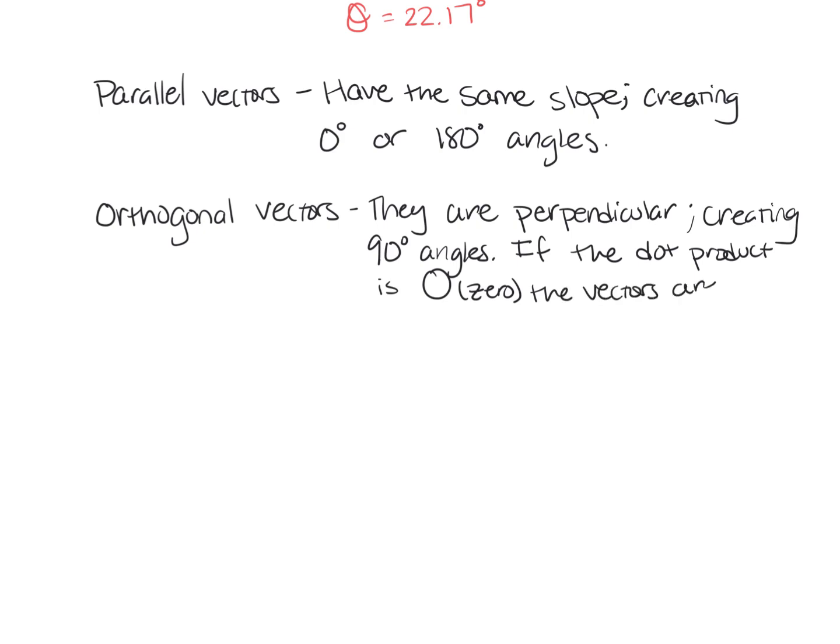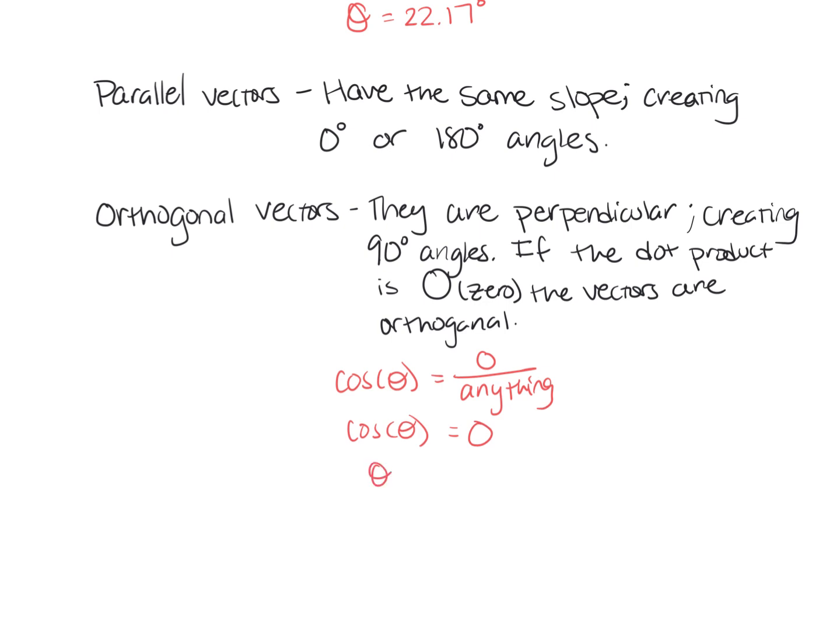the vectors are orthogonal. That's because when we're trying to find our angles and we need to use cosine inverse, 0 divided by anything is just 0. So if we have cosine of theta is equal to 0 over literally anything, except for 0 itself. I do want to specify except for 0 itself. If we're trying to find out what theta is, cosine inverse of 0 is always going to be 90 degrees. So I would still want you to maybe show some work here, but otherwise, we already know they're